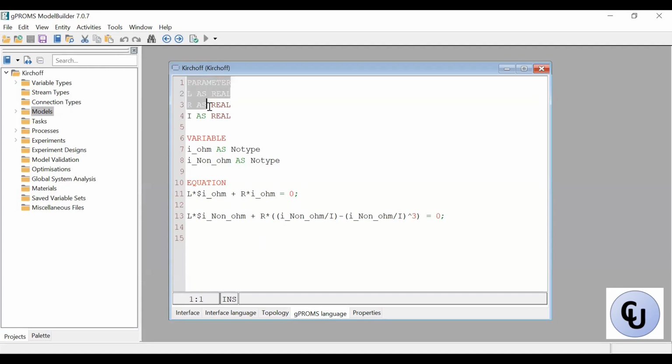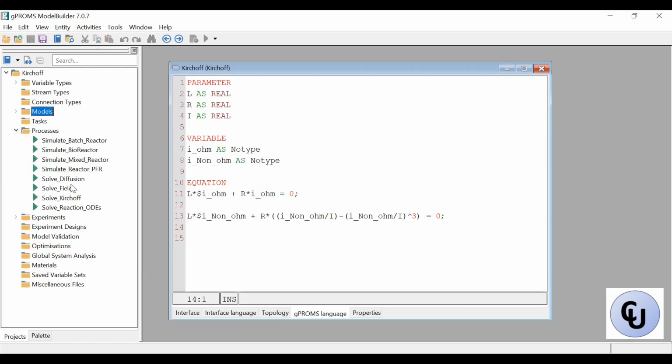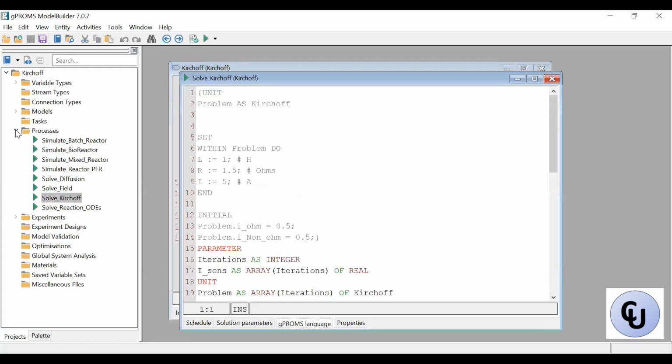The parameters declared are L and the voltage. What I've done is, for the case where the current is ohmic, I have I ohm as the first case, and the current for the second case, where Ohm's law is not obeyed, is declared as I non-ohm. This is the first equation, and this is the second equation. Two variables, two equations, so no problem with degrees of freedom. In the process,